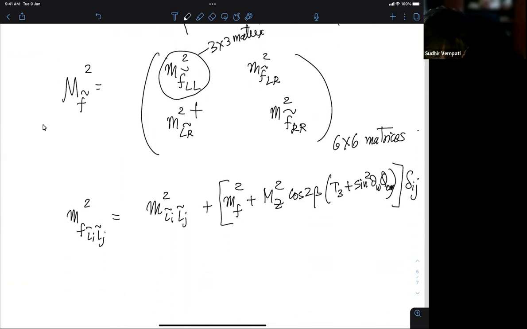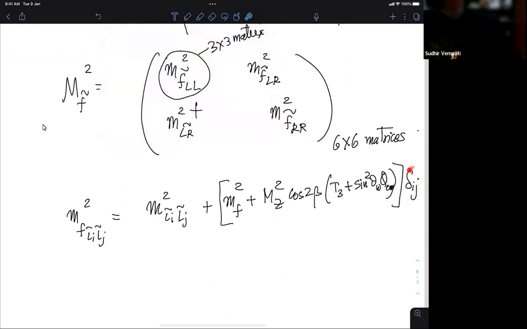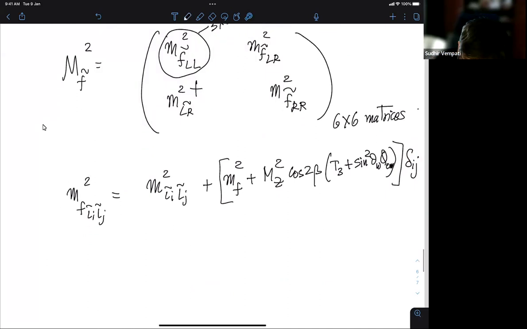Okay, so, but this is all diagonal. Okay, note that this is delta Ij. So in the flavor space, this is diagonal. And then mf square tilde LR, RJ tilde is equal to Y